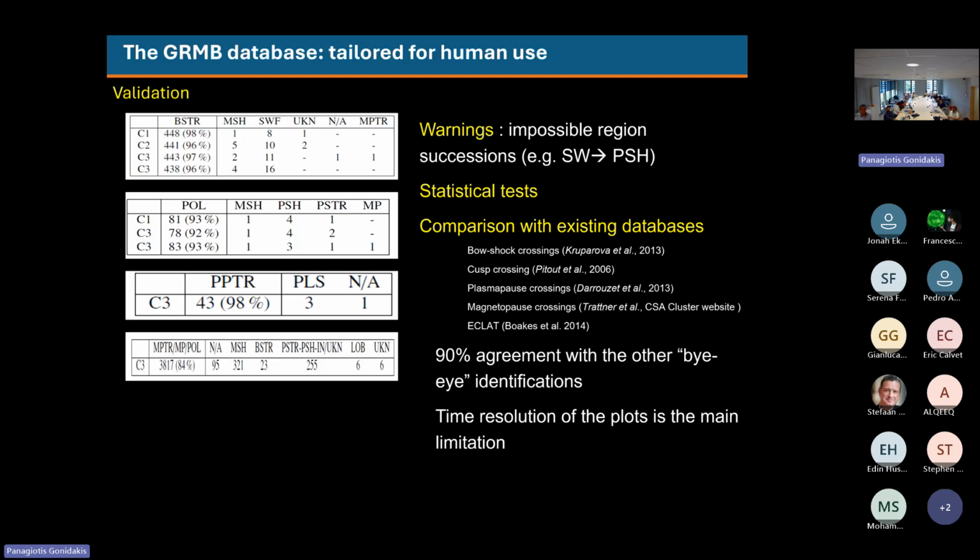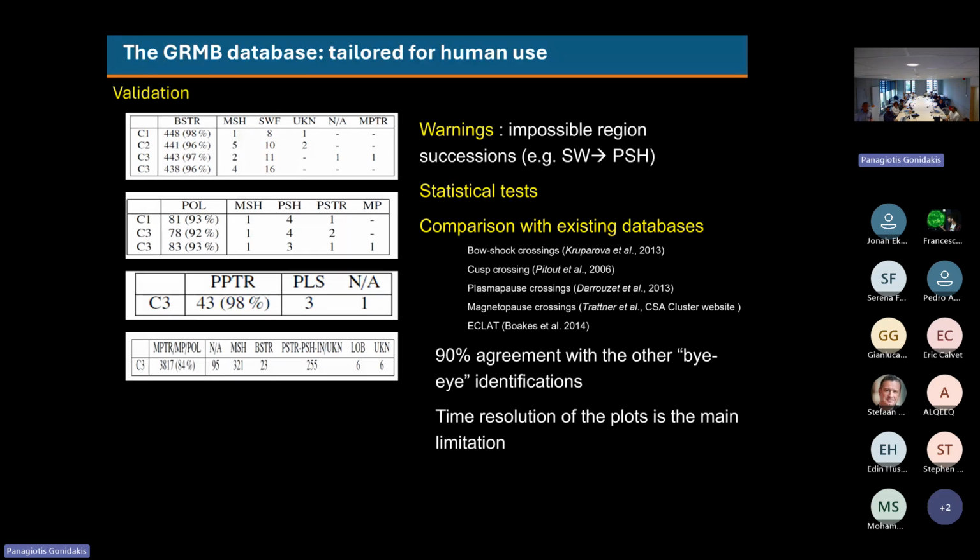Sorry. Okay, it's back. So of course, it's human-made, so it required a lot of validation. So we had some warnings. For instance, you cannot go from the solar wind to the plasma sphere, which is well inside the magnetosphere. So if we had this succession of regions, we did another check to be sure to identify where the aurora